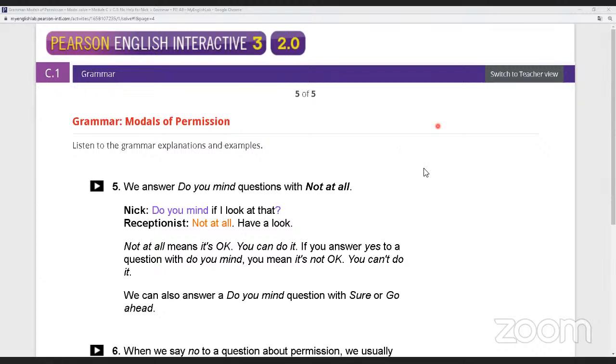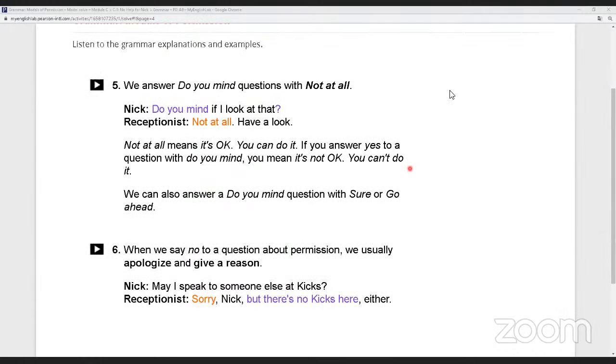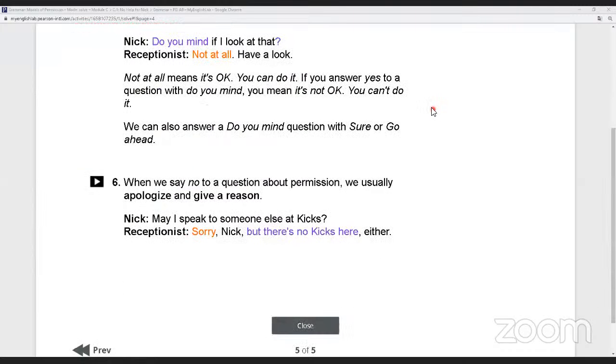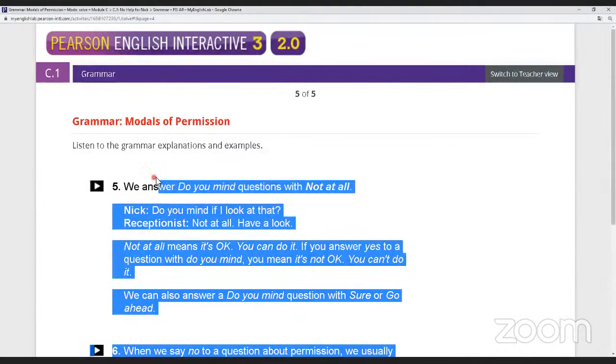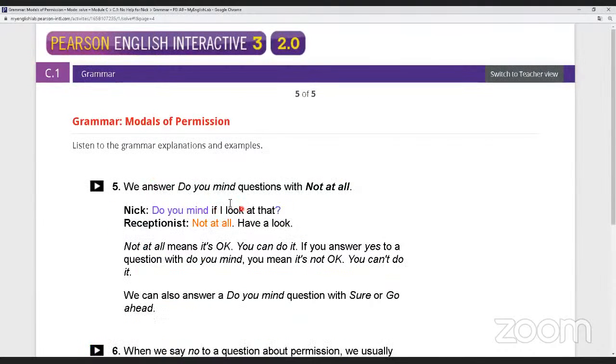So yes, I guess this is the last. Oh no, we have 2 modals more, but the structure is with the present perfect, right? So that will be everything about the modals with the base form. I mean, with basic modals, right? We're going to see more in an intermediate level with modals. So okay, that will be everything until this point. All right. So we're going to practice a little bit.